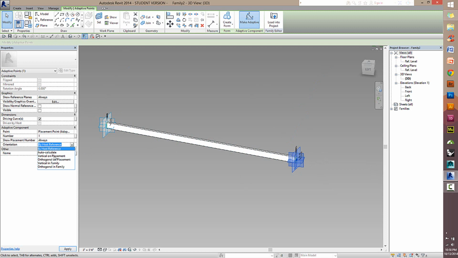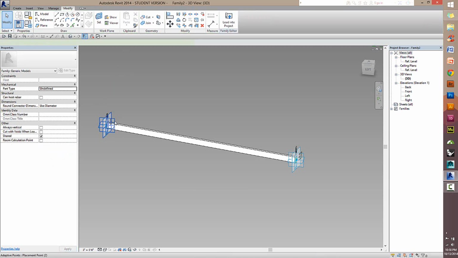Vertical on placement always works, but it can cause some issues if you try basing anything off of the geometry later. It's a moderately destructive process of calculating. It can lose some things. Orthogonal on placement is usually my go-to first option. It doesn't always work in some circumstances and can be a bit